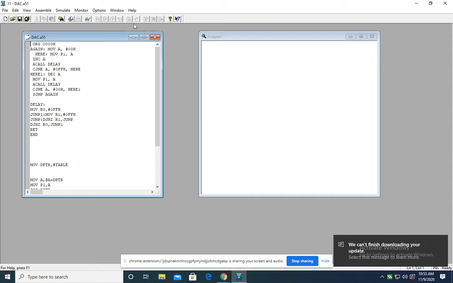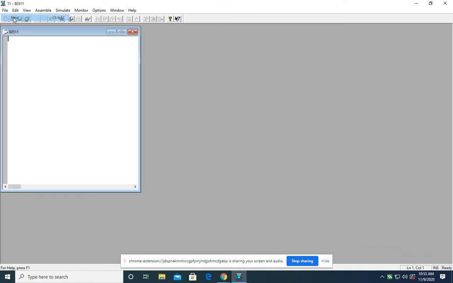First of all, after opening this, you will get two files open, that is file and output file. You have to close these files and open a new file. In this file you have to write your program. This is a notepad or wordpad file in which you need to write a complete program, and after that you have to save this file.